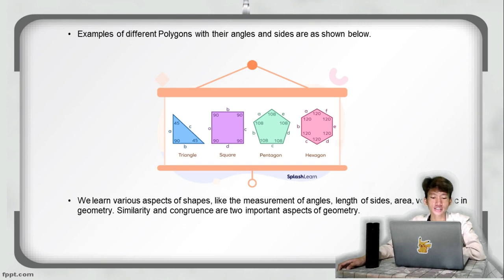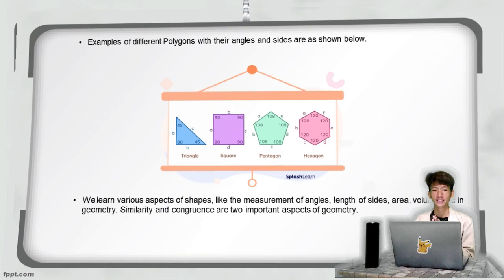We learn various aspects of shapes like the measurement of angles, length of sides, area, volume, etc. in geometry. Similarity and congruence are two important aspects of geometry. Next,